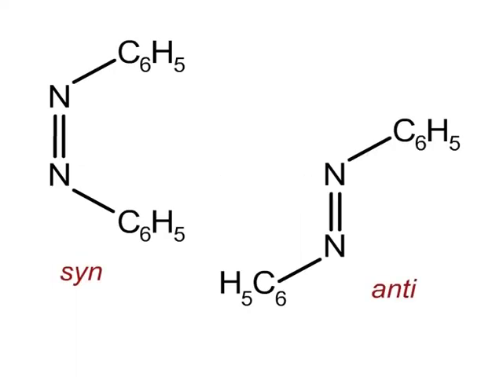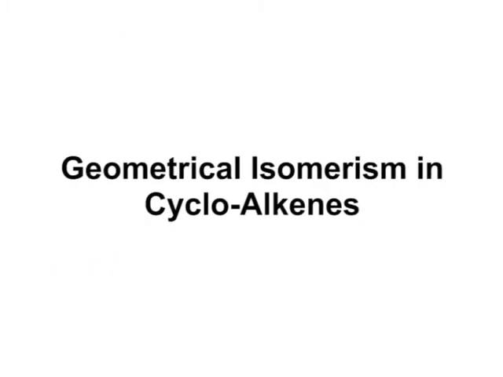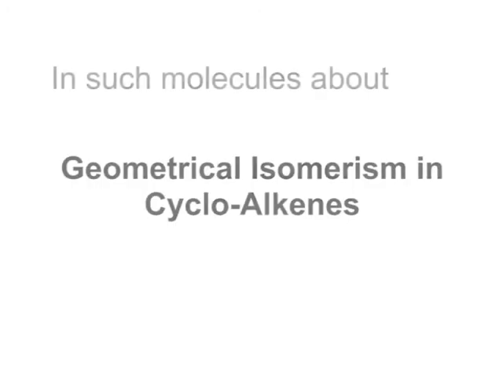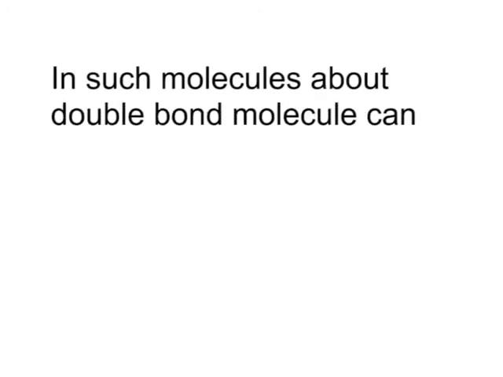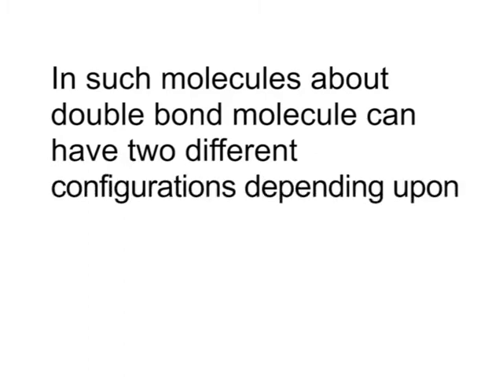The two different configurations are as shown on the screen, the syn form and the anti form. Geometrical isomerism in cyclo-alkenes. In such molecules, about the double bond, the molecule can have two different configurations depending upon the ring